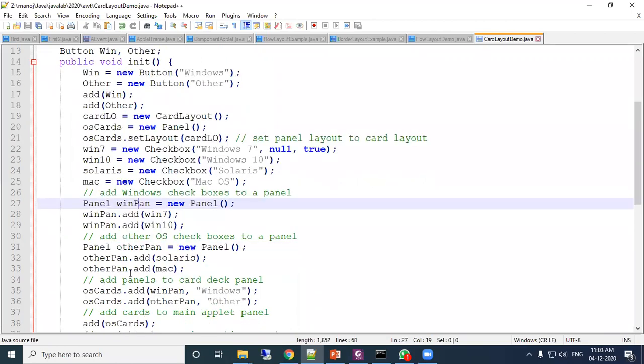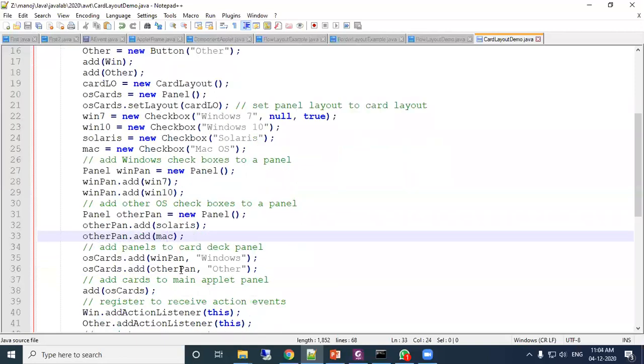Then another pan is created here, panel otherPan. In the otherPan there are two buttons created. The Solaris checkbox and the Mac OS checkbox will be added to the otherPan. So this is the process of adding the information to the respective pans.